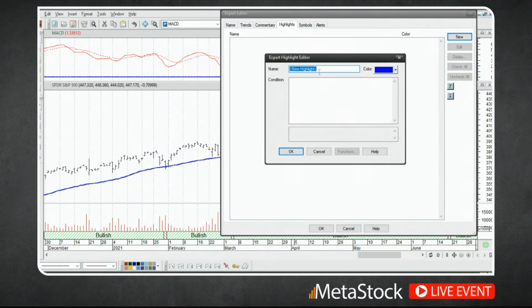The first one, we'll just give it a name, for example, like bullish MACD. And when that happens, let's go ahead and color code those price bars to be green. So I'll choose green over here. And then our condition is we want to identify, again, when that solid line's above the dotted line. Now, to write that formula, again, if you're newer to the program and the formulas and so forth, you can always access these formulas through the functions button. But I'm going to speed you through this a little bit, and I'm just going to go ahead and write it.